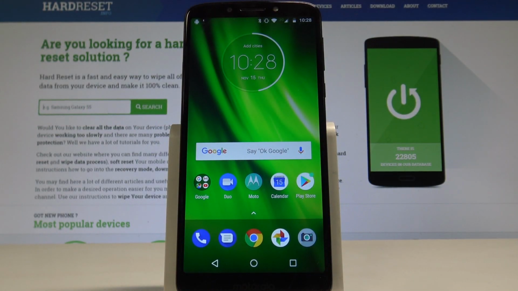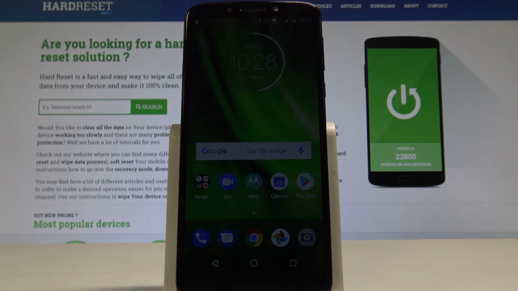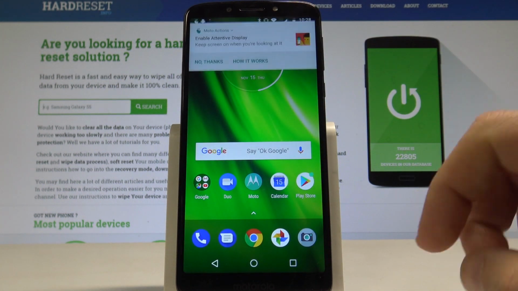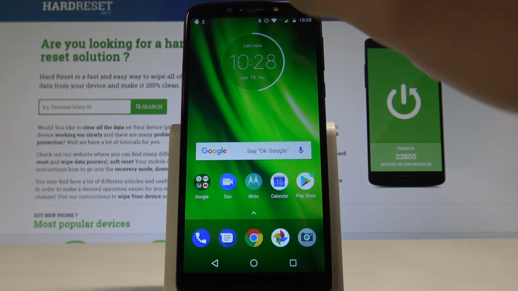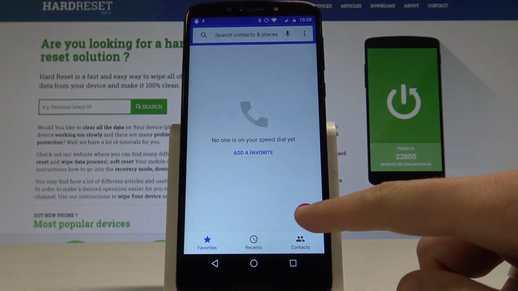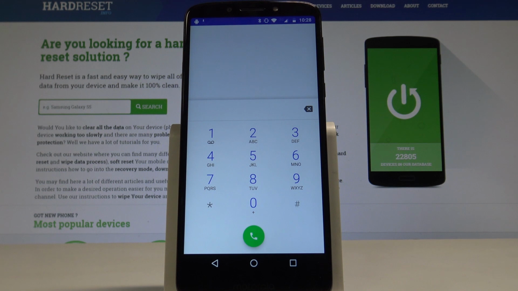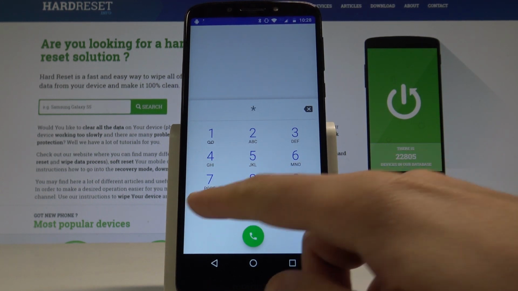Moto G6 Play, and let me show you how to use secret codes on the following device. At the very beginning, let's start by using your home screen, then let's open the phone's dialer, let's activate the keypad and let's use the first secret code. Let me open the Moto hardware test mode, let's use the *##